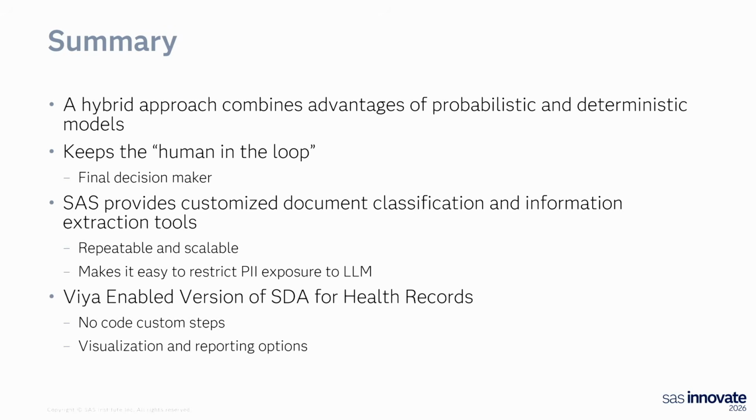So I just want to hit a couple of summary points. Hopefully this has given you some ideas about how you might want to approach this. We've got the hybrid approach that takes advantage of the probabilistic and the deterministic aspects of the models. So we have that information that is reliable, and then we can take advantage of the capabilities of the LLM to do the summarization, and also gives us that interface. We can actually have a bit of a dialogue with the data. It does keep the human in the loop, which is always important because we've still got the reviewer there making the final decision.